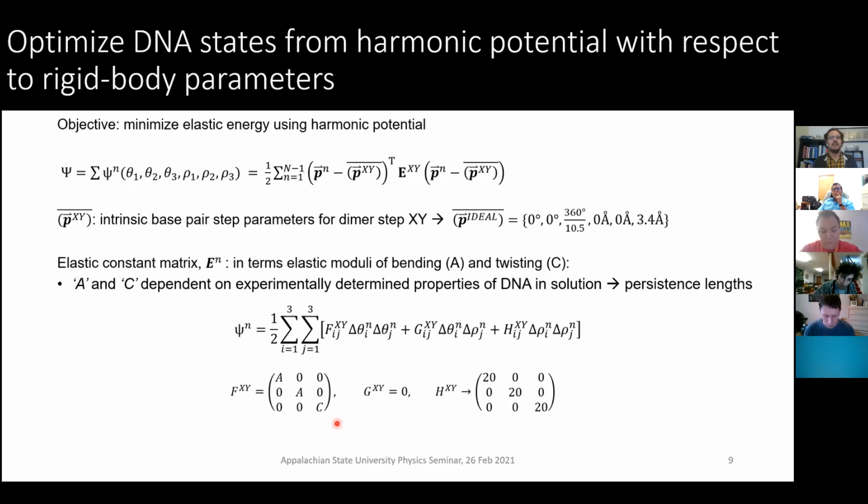And the reason for that is because a lot of experimental work has been done on DNA in solution, particularly the persistence length, that stiffness that I had mentioned earlier. We typically associate that with bending persistence and twisting persistence. So what we do in terms of this larger function on the bottom is that we only account for changes in terms of rotation. We don't really care about relationships between